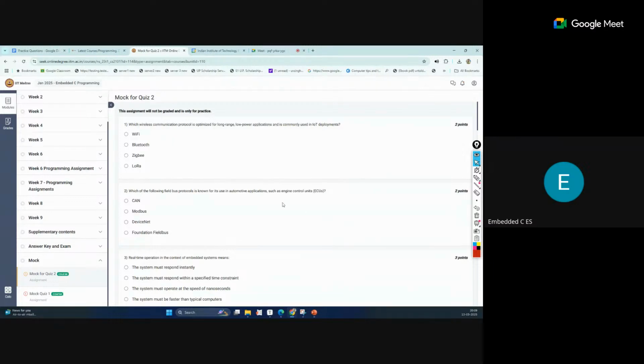That is not a suitable protocol for IoT deployments or this type of application. So LoRa, this is the answer for the first option. This is the correct one.